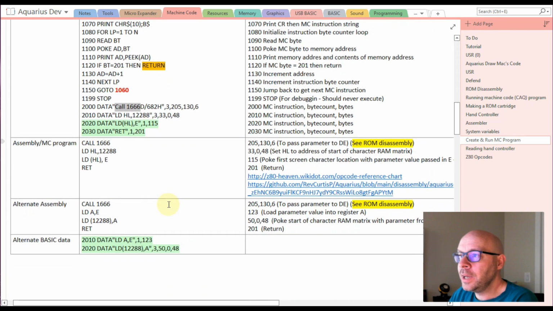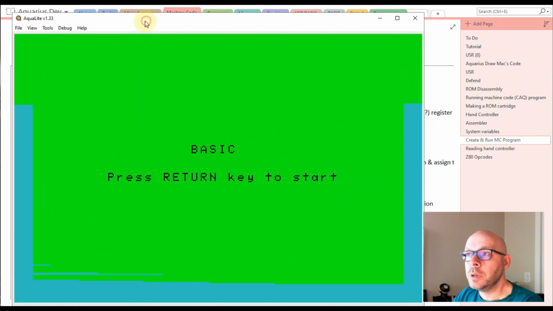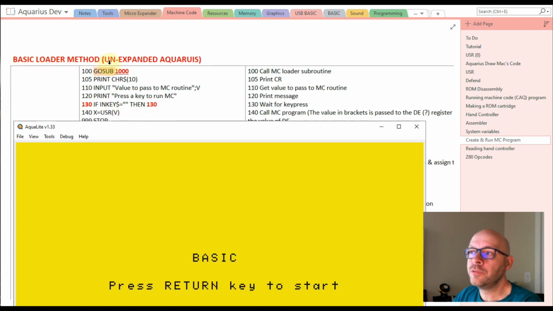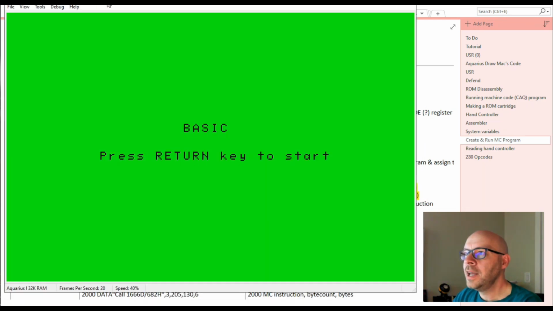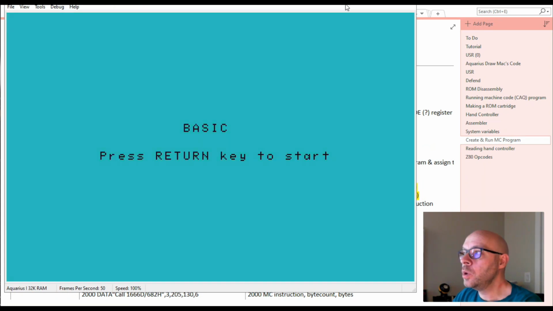So let's go ahead and run this program now in our emulator. And remember, this one does not require the micro expander module. So it says here basic loader method for the unexpanded Aquarius. So I'm just going to leave my emulator in this regular Aquarius mode without enabling the micro expander functionality. And I'll press enter,